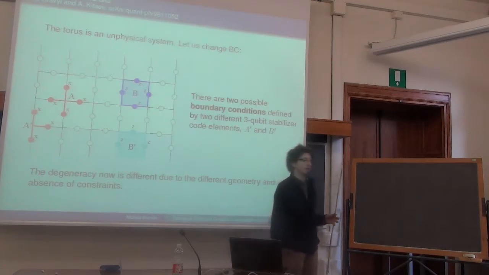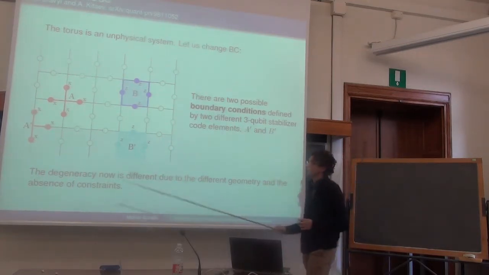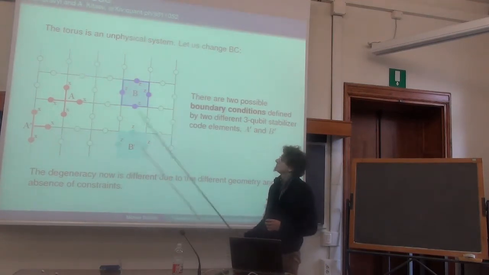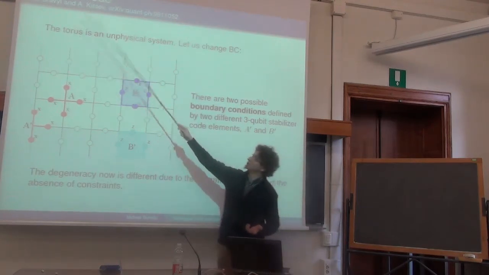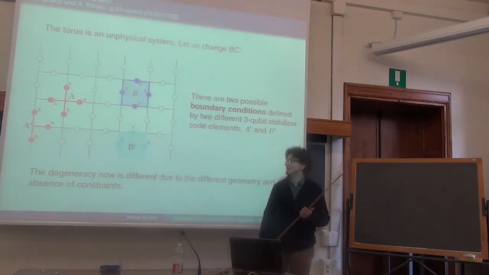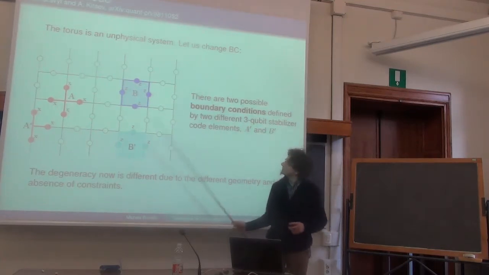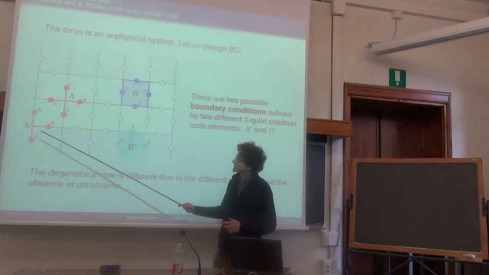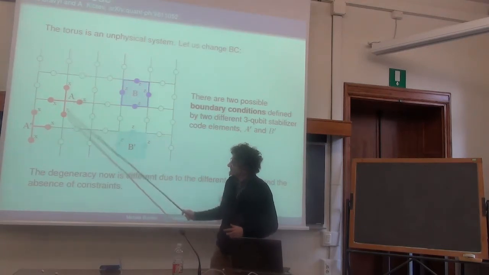That's why Kitaev and Ravi essentially started to consider different boundary terms. And in particular, this is the mapping from the toric code on the torus to the generic surface code, which is a generalization to a generic two-dimensional system. To define a surface code, it is usually important to define these boundary terms. So besides these